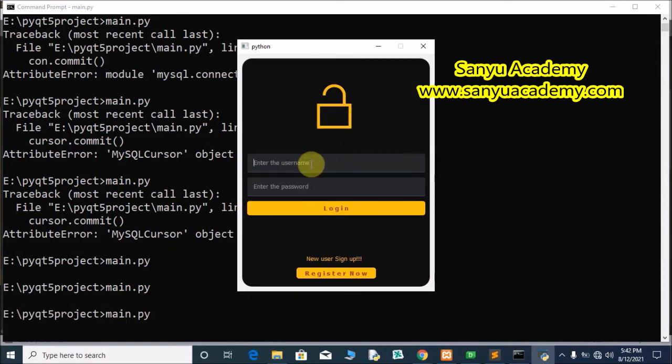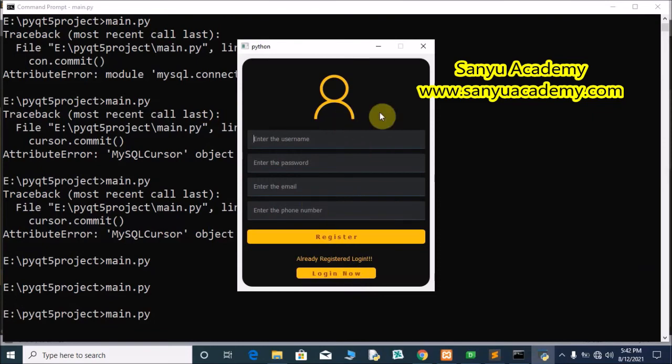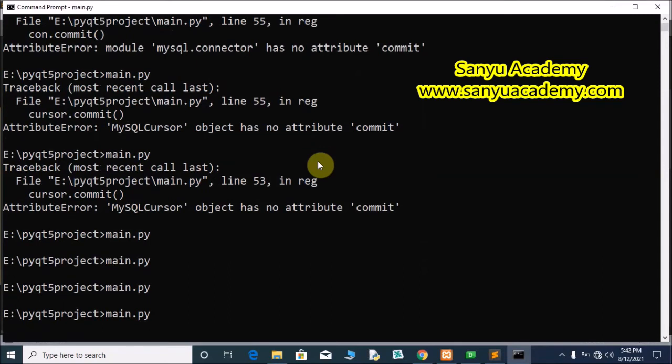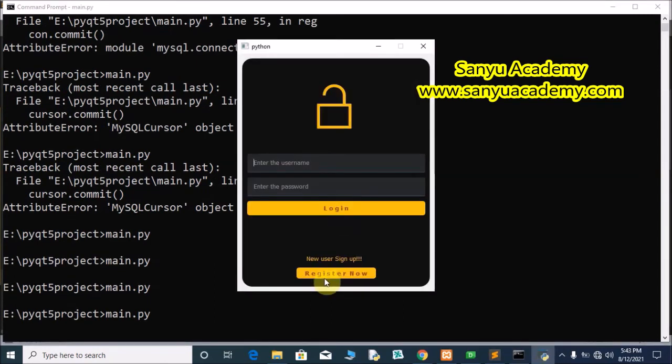Now we have the login form. We will check the register form. We are going to the register form, but we will not go back to the login form through this button because we have not written the code. So close this and run the project once again. Now the register now button is working, but we can check the login form.